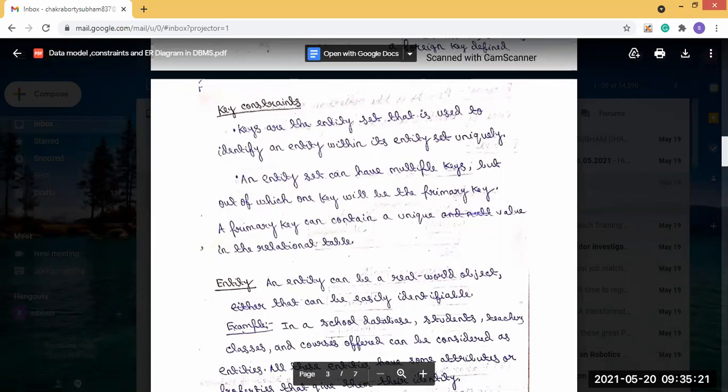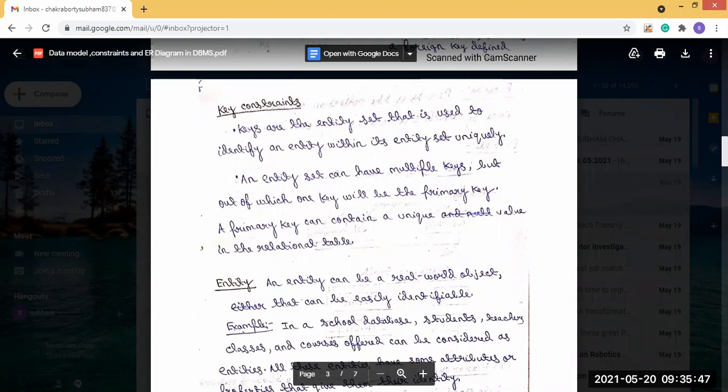All the keys present in the entity set are used to identify an entity uniquely. An entity set can have multiple keys present, but out of which one key will be the primary key.